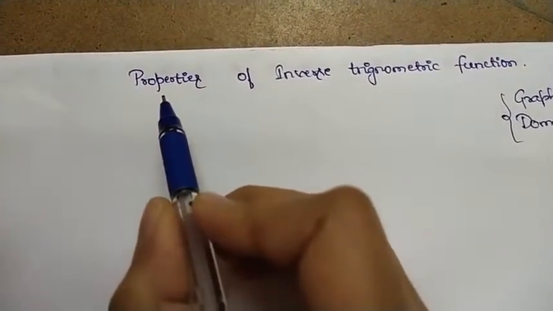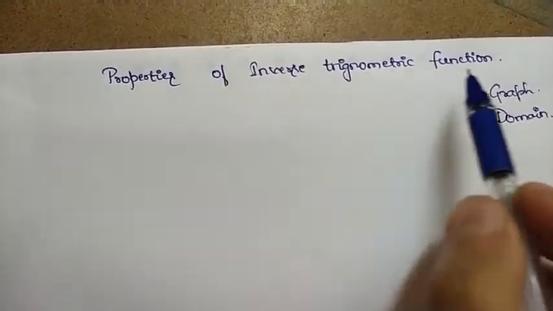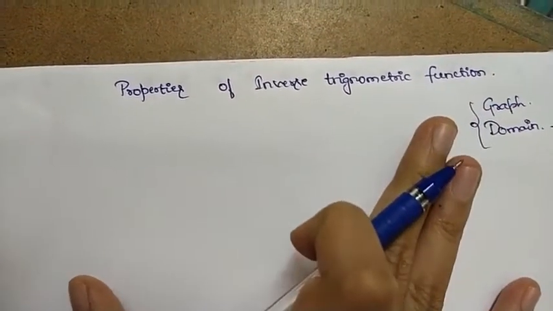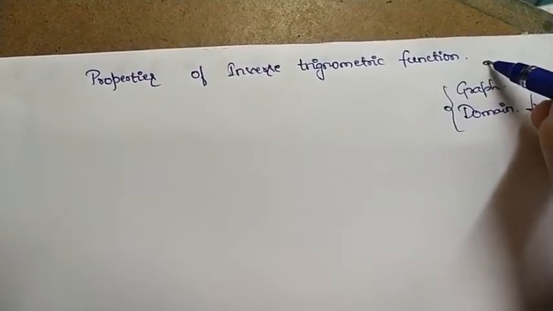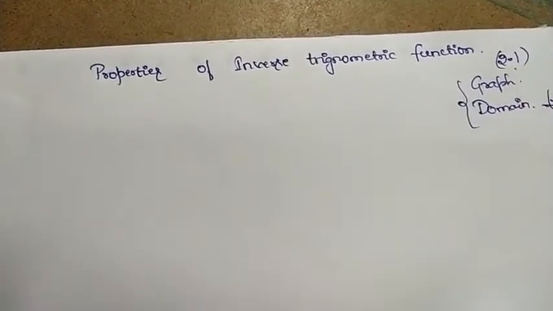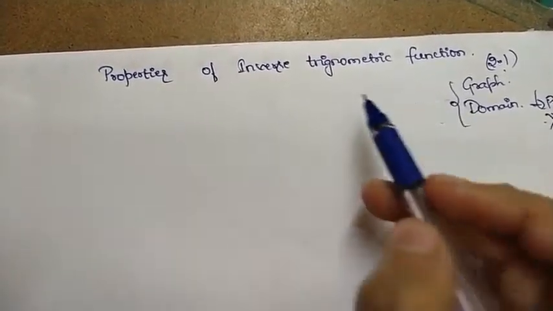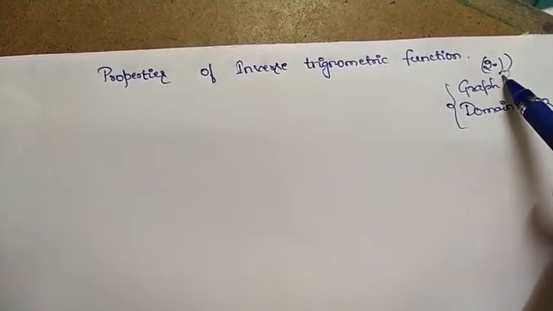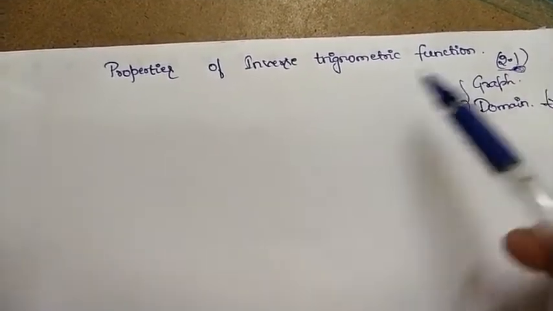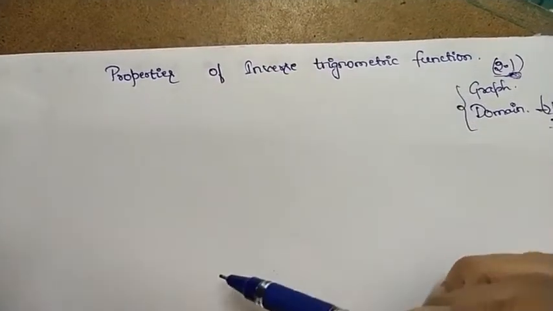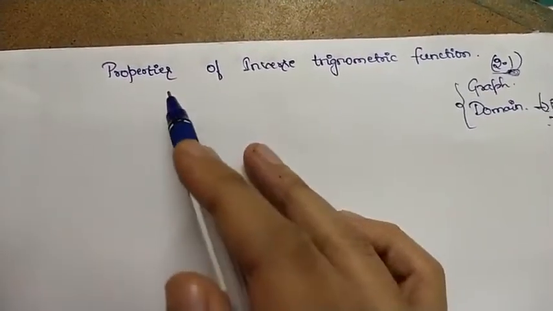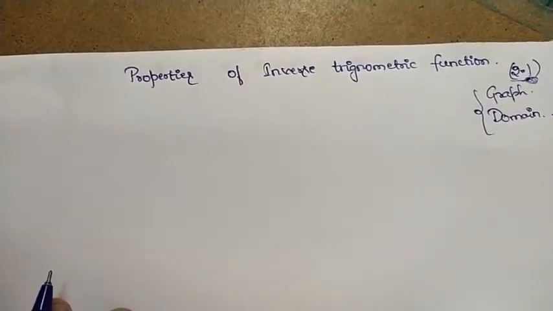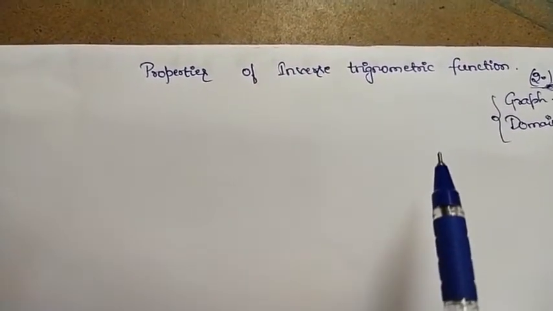So today let us move to the concept, that is properties of inverse trigonometric functions. The properties I am mentioning today are very useful to solve all the problems of exercise 2.1. So today I am only concentrating on exercise 2.1 and the properties which are useful there. After dealing with these properties today, later we are going to deal with a few more properties of inverse trigonometric functions which are very useful to solve most of the inverse trigonometric function problems.